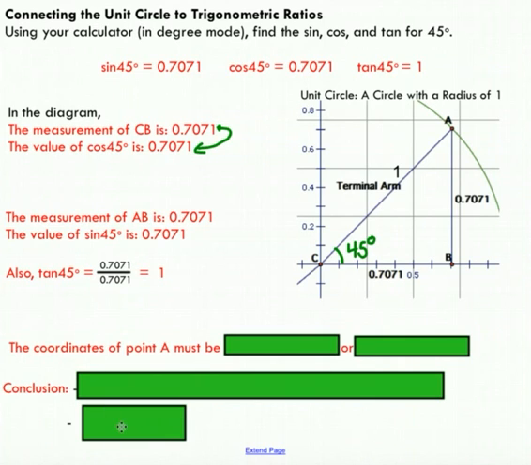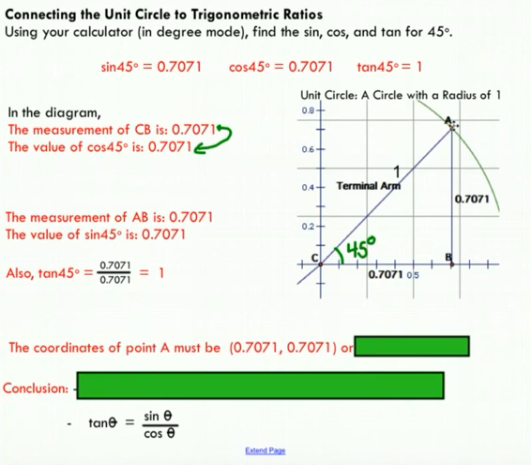If we take the ratio of sine to cos, you'll see that you get the tan of that angle. Okay, so that is not a coincidence. That's one of the conclusions that I wanted to form from this little investigation. So looking at this coordinate right here, this A coordinate, we know that the coordinates of that point must be an x value of 0.7071 as well as a y value of 0.7071. We could also write this, like I said, as cos of 45, sine of 45.